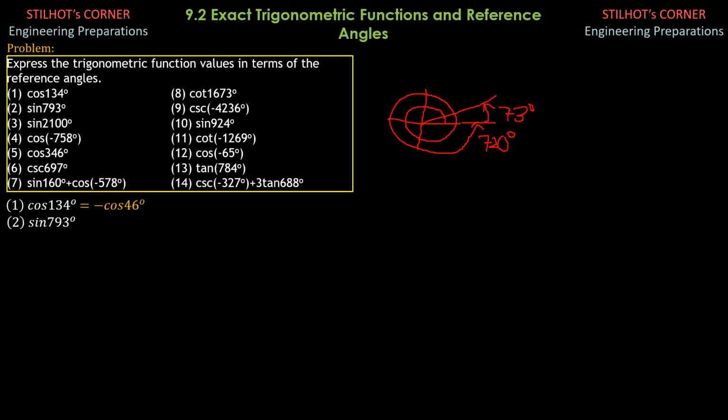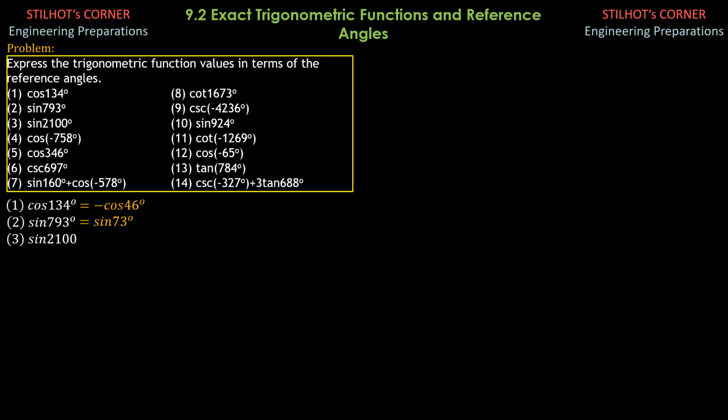793 minus 720. Since the sine function is positive in the first quadrant, and this is the first quadrant, the terminal side of 793. So therefore, this is also equal to sine of 73 degrees. So that's it for that second exercise. We proceed to the next. Sine of